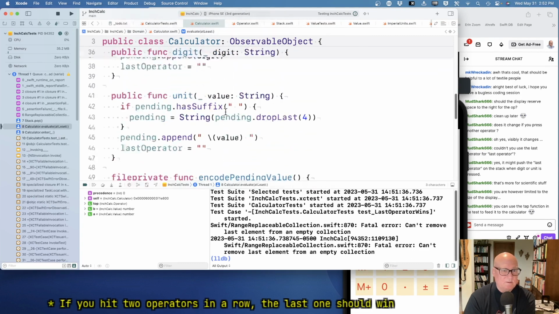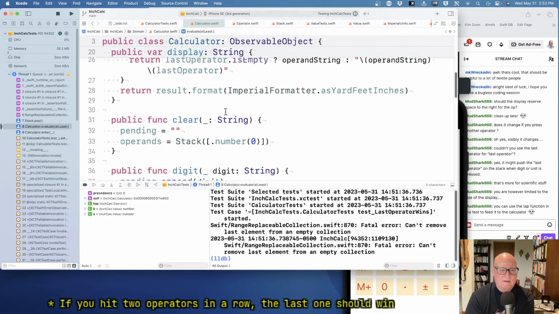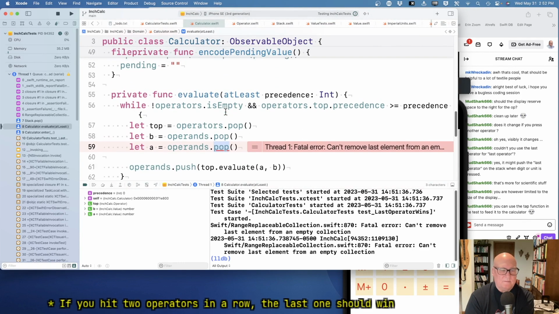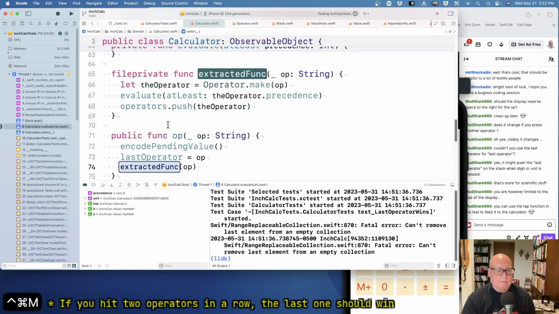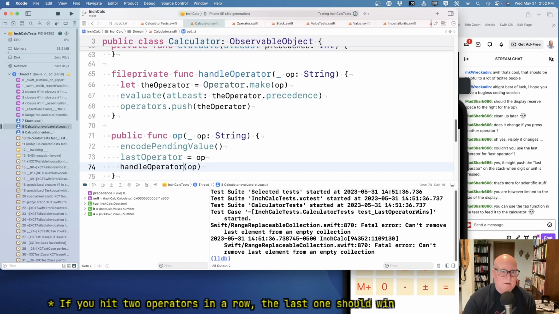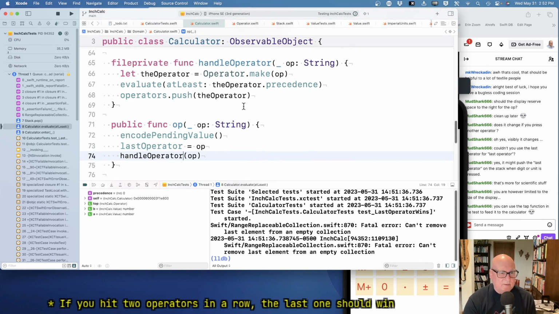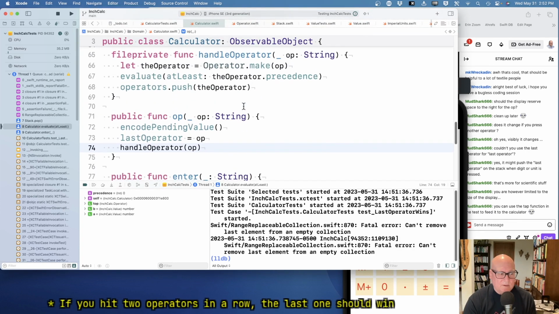So I guess what we're saying, all right. So op, he does tell us last operator, and he encodes his stuff, but this should become a method. And this is, I don't know, handle operator. Okay. Now, handle operator. I mean, an operator can never be the last thing, right? So if you do 3 plus 3 times, you always have to have another value. So,